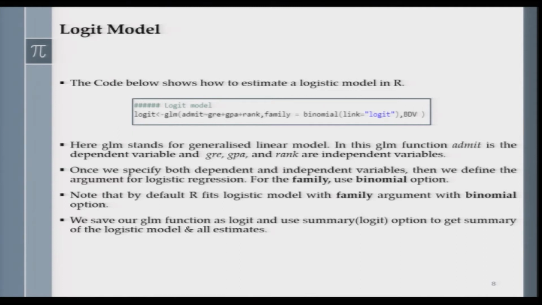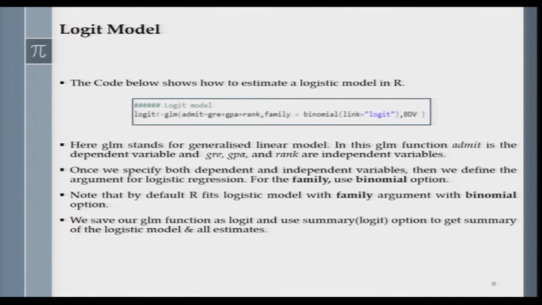So, that is our y and that is discrete, and we are going to make use of two continuous variables, GRE and GPA, and one qualitative variable, rank. So, here you see that we have 3 independent explanatory variables: GRE, GPA and rank. Now, you look at the code, and you see some jargon there which probably you have not seen before, like this thing, GLM.